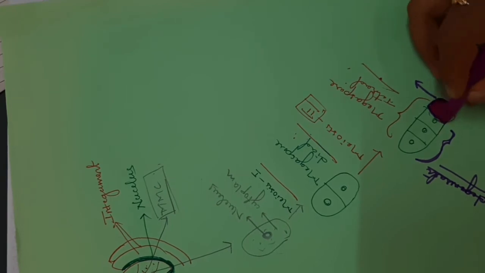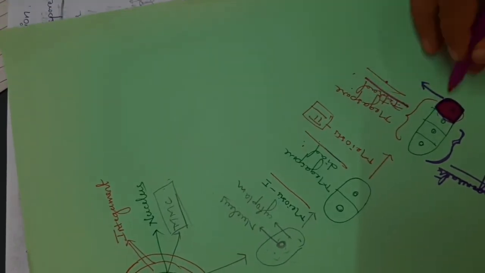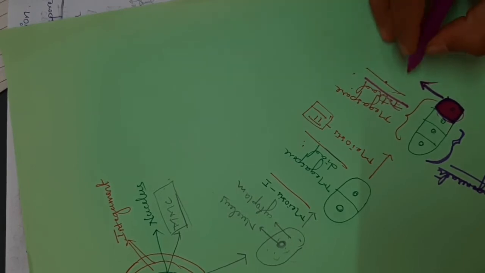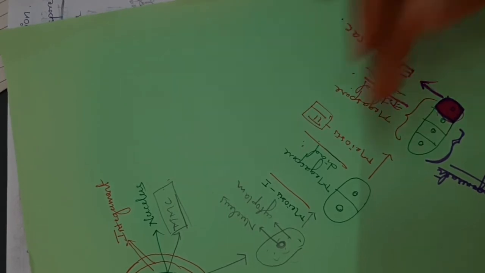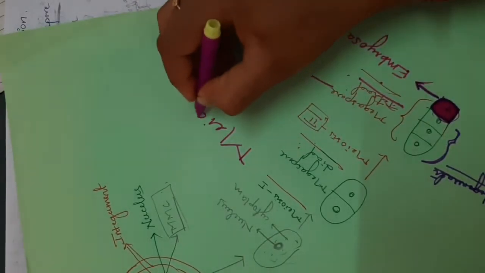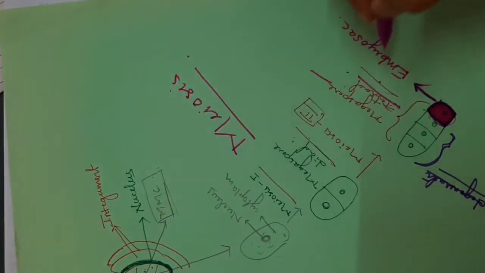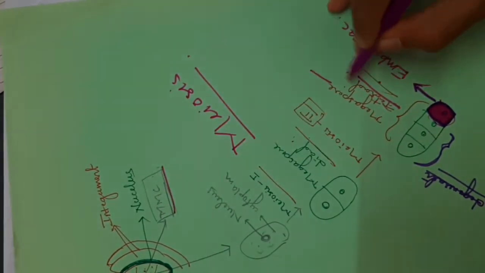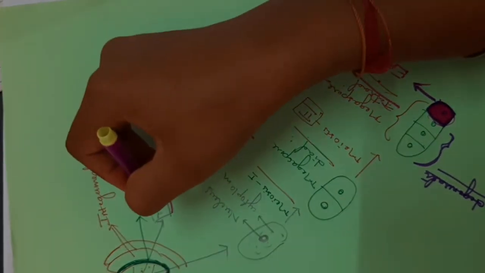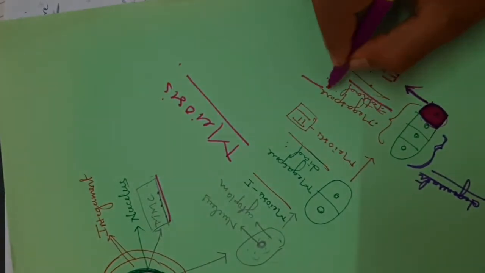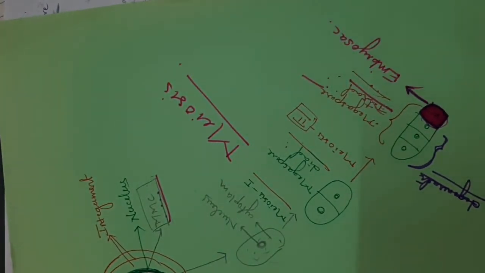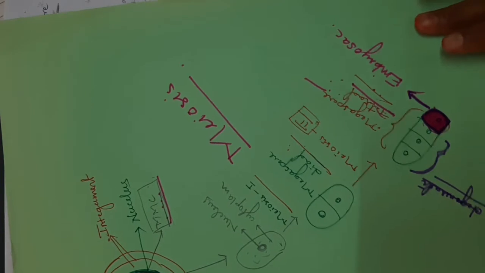Only a single cell in the tetrad divides to form a functional embryo sac. Here, for the formation of the megaspore tetrad, we see meiotic division. Remember this: meiotic division occurs in the megaspore mother cell to form a megaspore tetrad. Same as in microsporogenesis, we see the same in megasporogenesis.